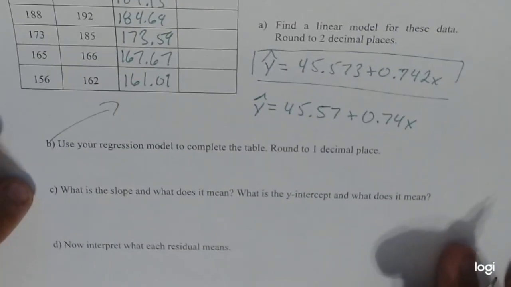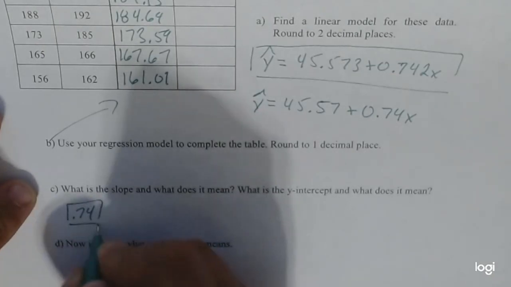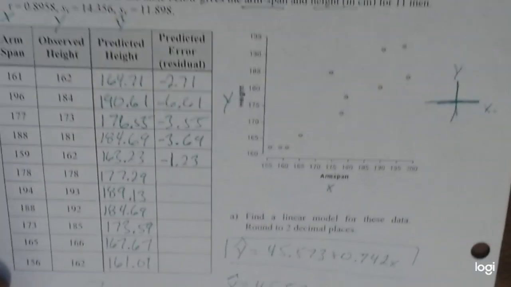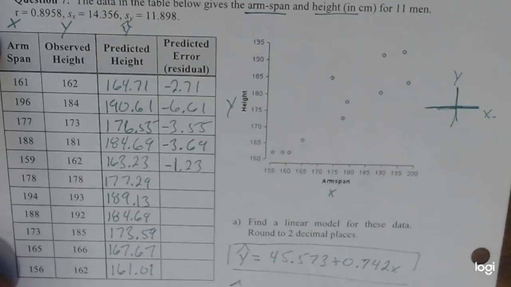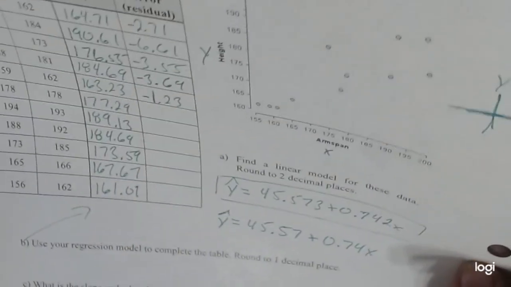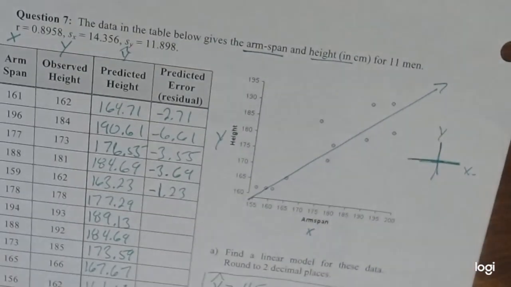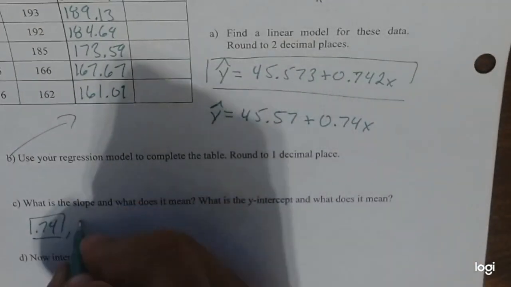C is: what is the slope and what does it mean? So our slope is 0.74, right? The question is, what does that mean to our data set? Observe y is height, x is wingspan. So what that's saying is, again, if we make this line over here, what our slope means is, the slope means